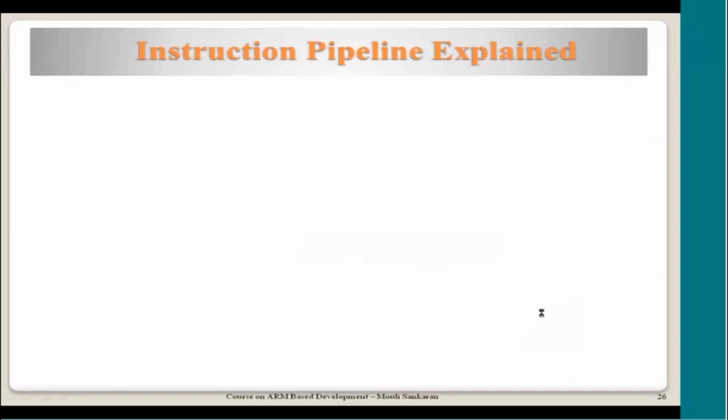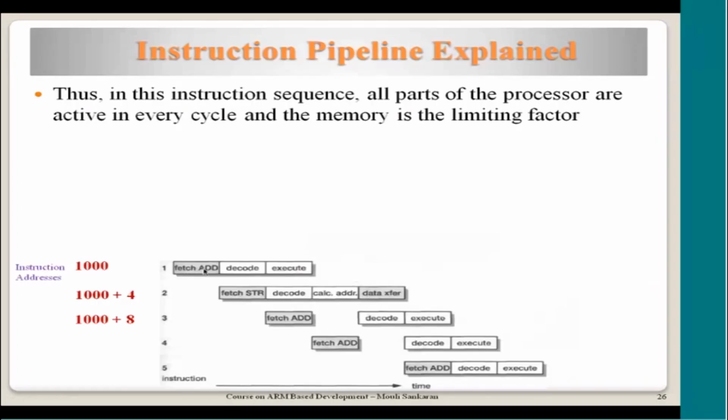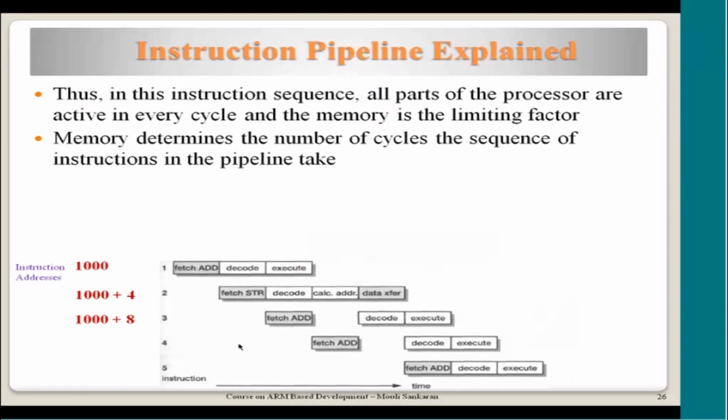So I am giving an example with the addresses 1000, 1004, 1008. These are the instructions. Suppose this add instruction was at 1000, then the next STR would have been at 1004, and this would have been at 1008. Now you have to understand one more thing, that